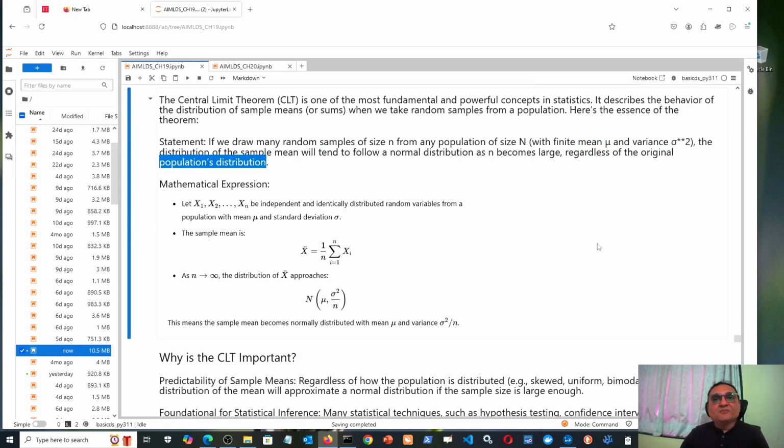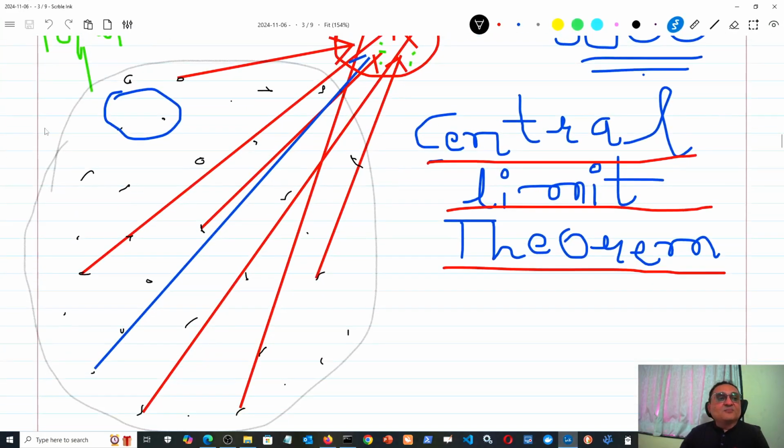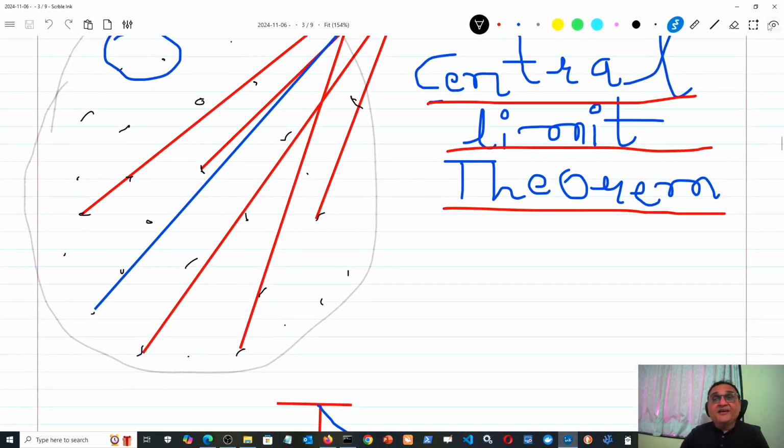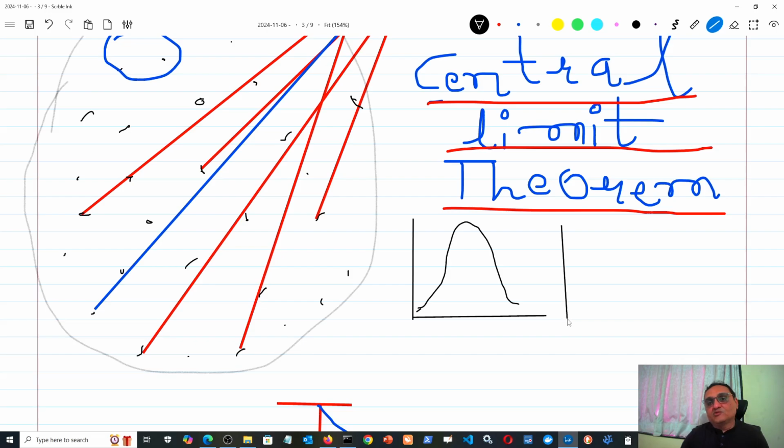Now, what is the meaning? Please try to understand. Suppose this is my population, and the central limit theorem says that your original population may be following any kind of distribution. So that means it may be normal. If it is normal, well and good. But if it is not normal, then it might be some totally different distribution. For example, it might be,